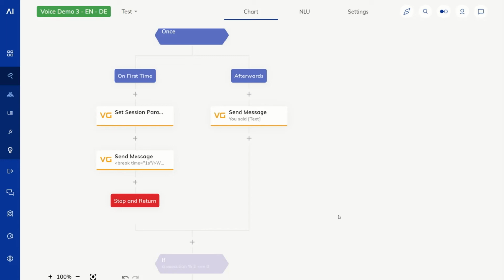Welcome to Cognigy. You said 40,221. Now I'm going to type only 2. You